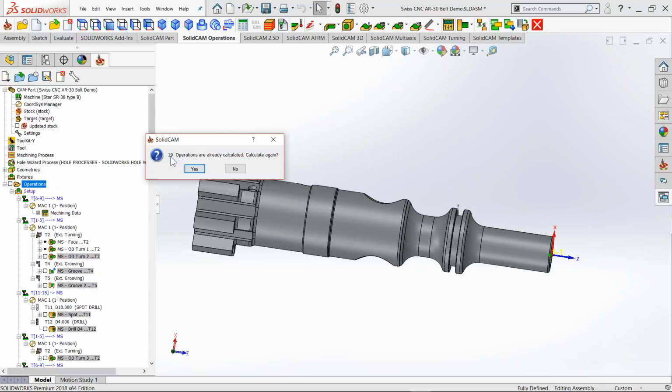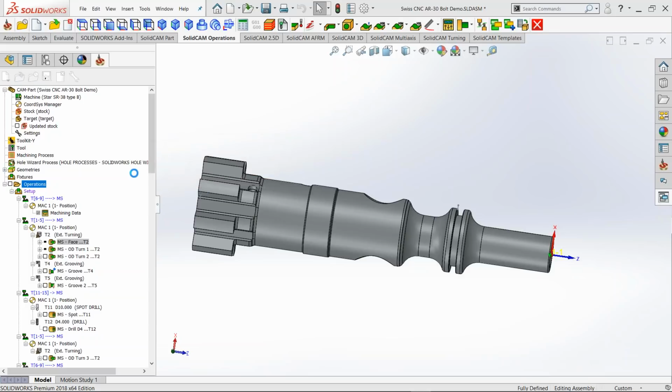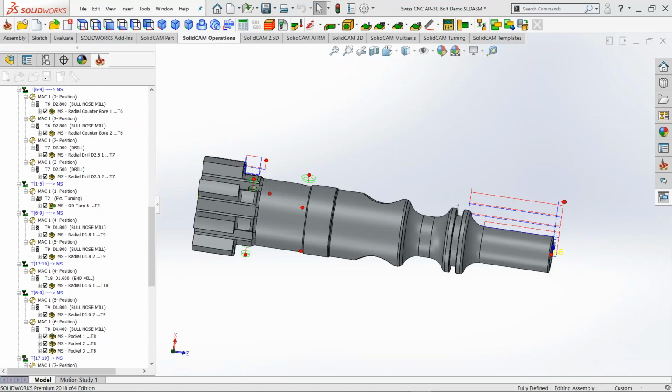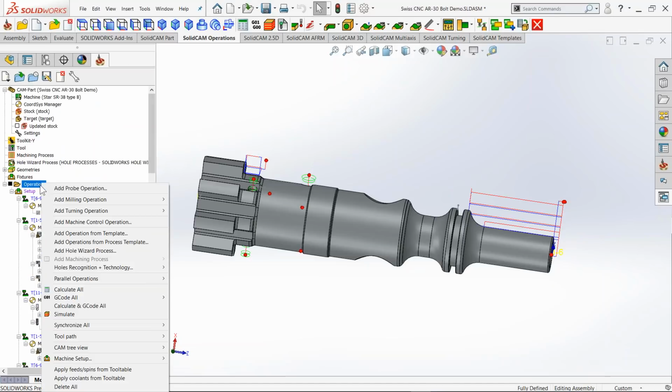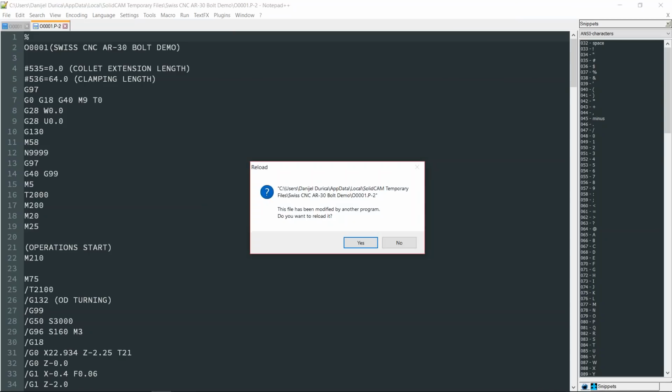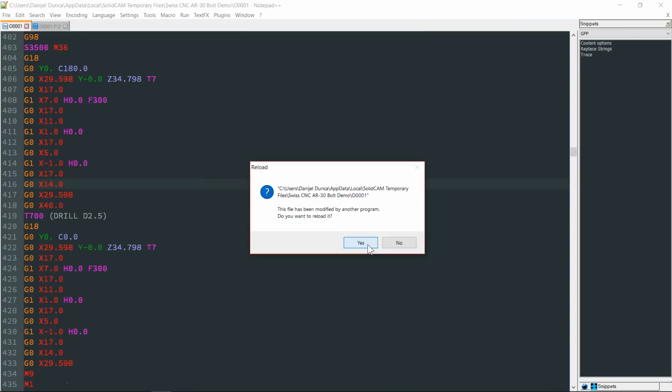and it will notify, okay, but 19 operations are already calculated. Do you want to calculate it again? I'll just say no. And now I have completely new toolpaths and new G-code basically, that I can just go over here, do a right click on the operation, G-code, generate, and go to the machine itself, and everything is ready. And this is basically what I wanted to show you for this SolidCAM Swiss class,